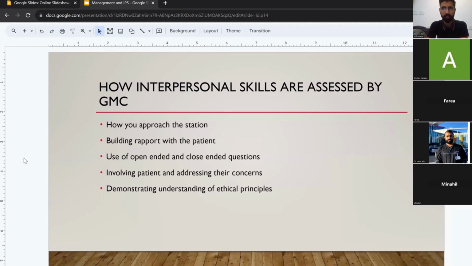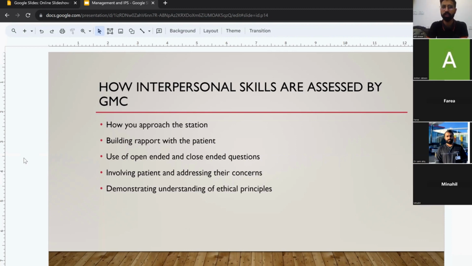So what does the GMC want to look for in your interpersonal skills? They will look for how you approach the station when you enter the cubicle. We'll discuss everything in detail afterwards. I'm just telling you the points that we want to see. The second point is they will see how good you are at building rapport with the patient. The third thing is, do you use open-ended and closed-ended questions in your data gathering, or are you just asking closed-ended